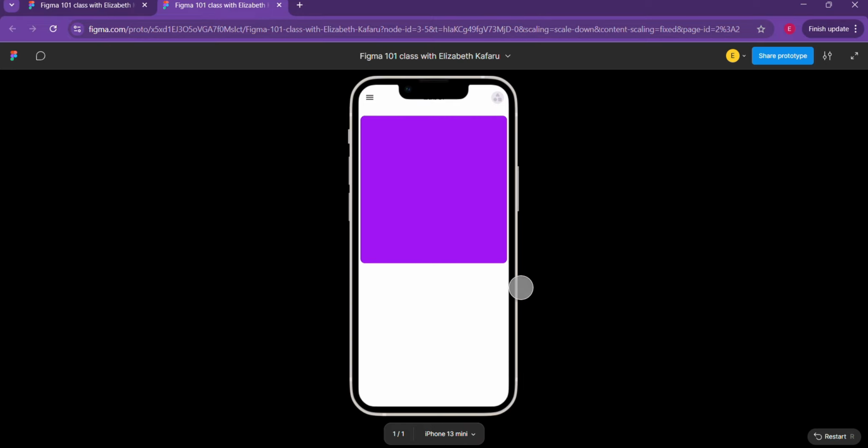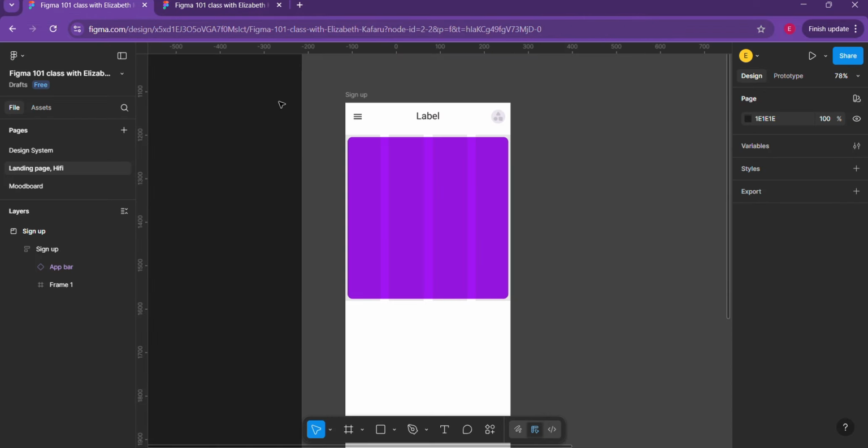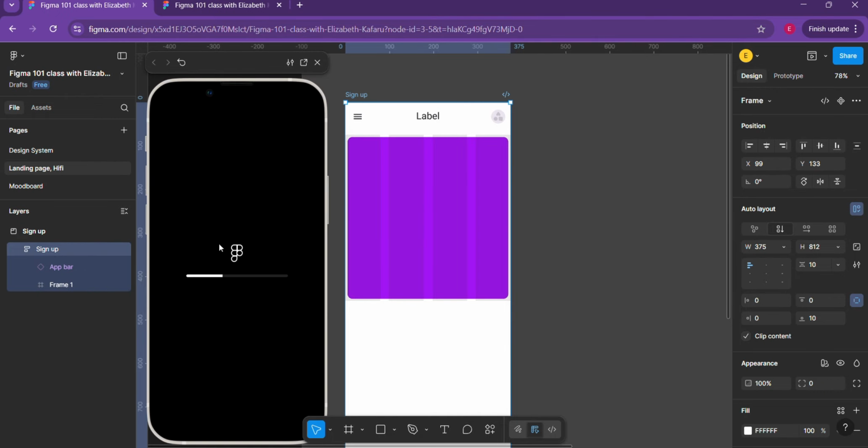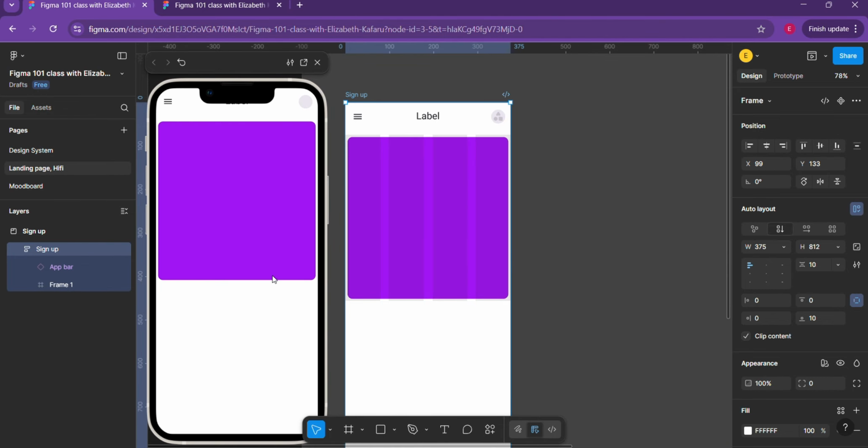We can see the way it's beautiful now. So another way to view this is click here, come to this drop down here and click preview. So you can preview here if you want whoever you're presenting to see it here, so you can see whatever it is. Yeah. So while this is loading, okay, you can see it has finished loading, and this is how it